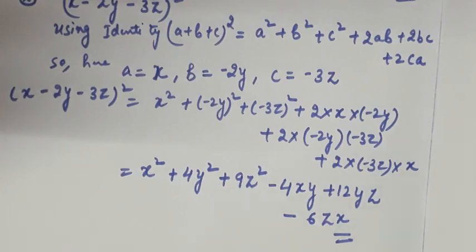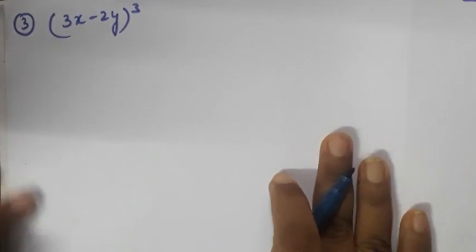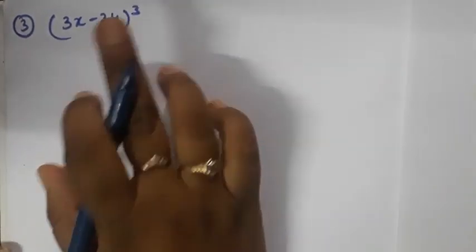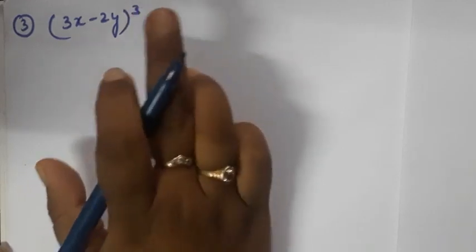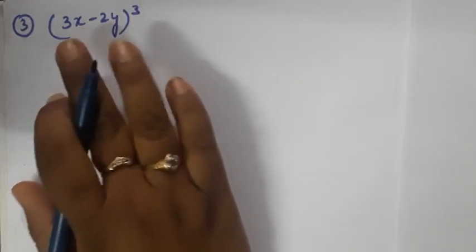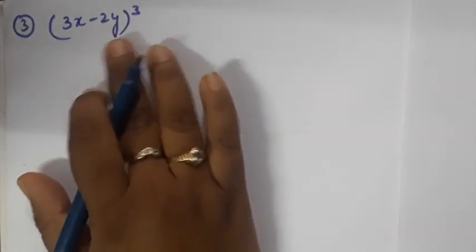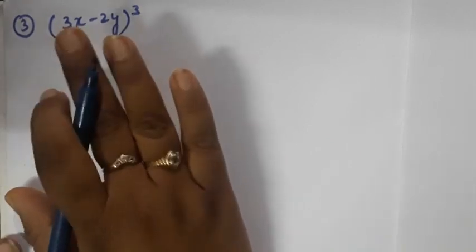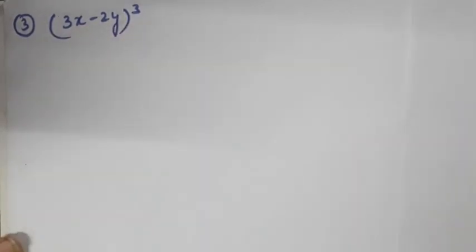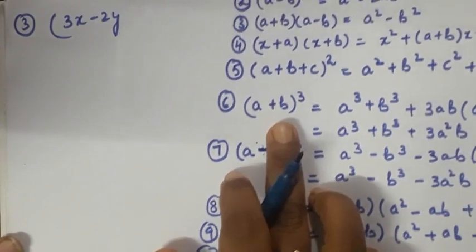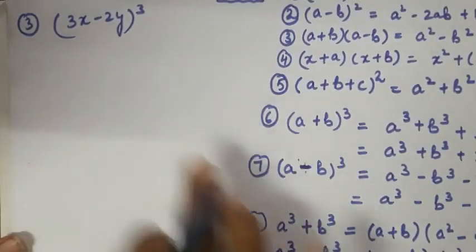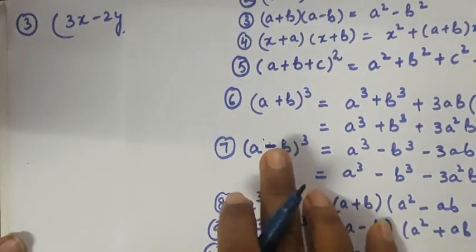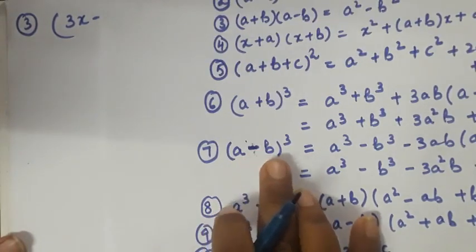Now let's move to the third part. The third part is we need to find the expansion of (3x - 2y)³. So I think you might have already related this question with some identity, that is the sixth or seventh number identity. See, here it is minus, so we can relate with the seventh identity, that is (a - b)³,